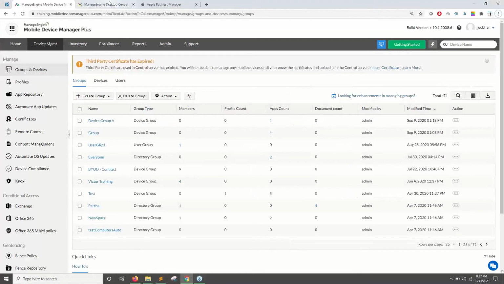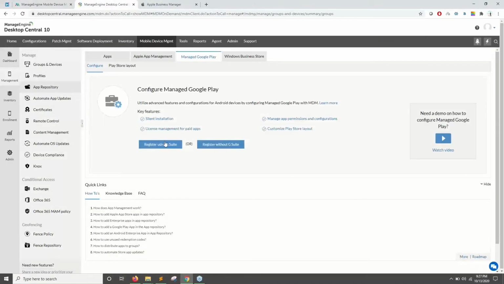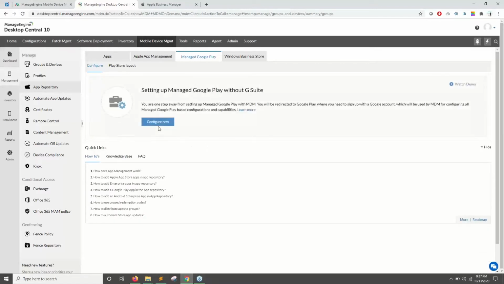And in case you haven't integrated, you would see an option like this, where you can either integrate your MDM instance with your G Suite account if you have one. If not, you can go with the without G Suite option as well. So you can just click without G Suite. And when you click on Configure Now,